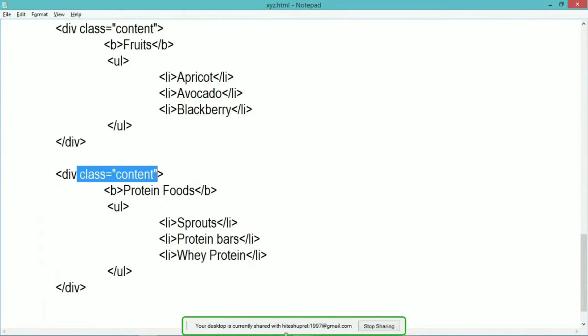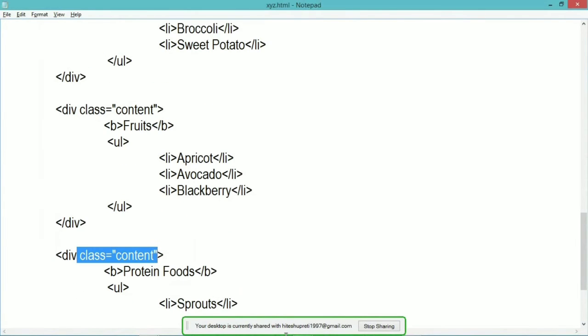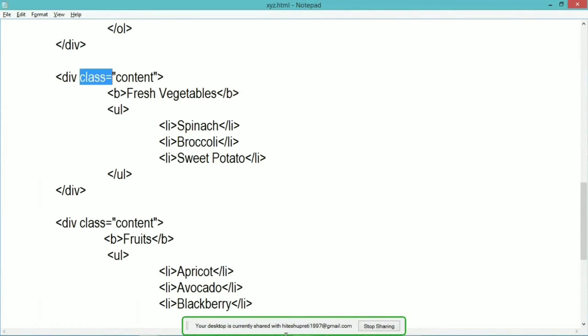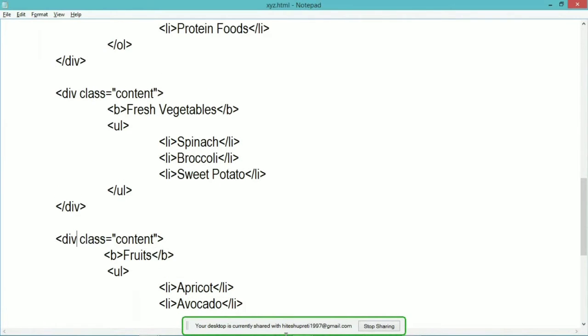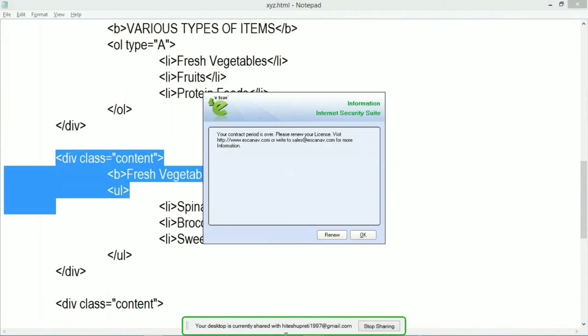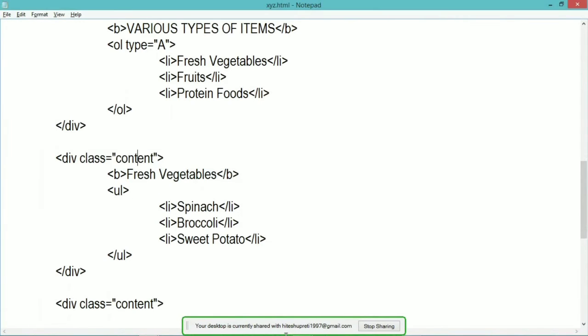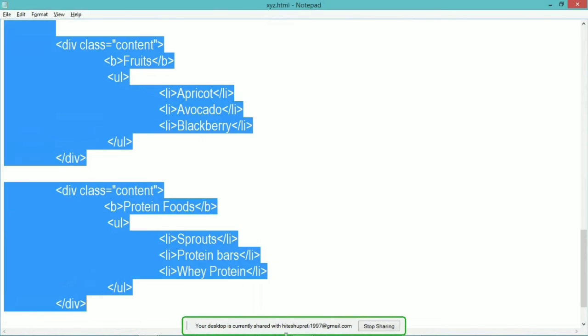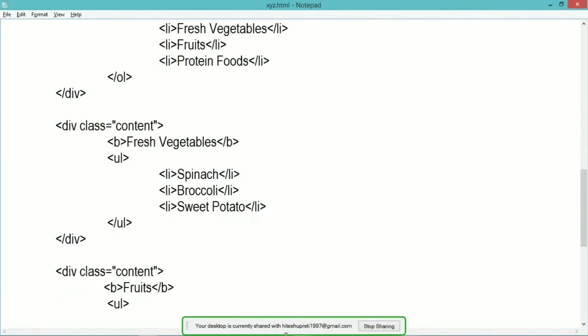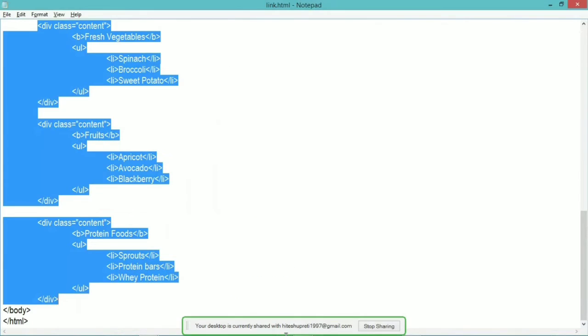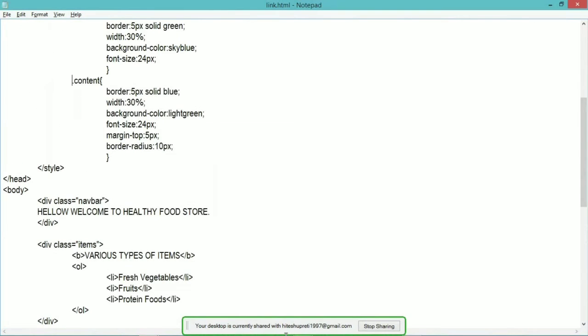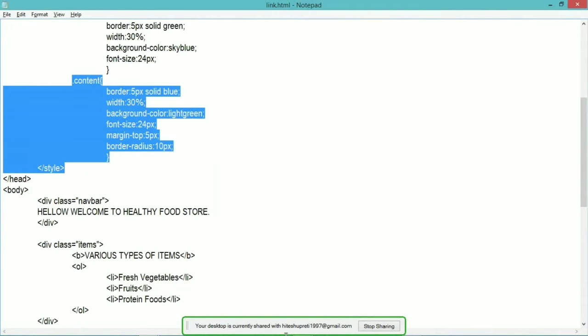And we have specified the same class to all these three items, class content here, and here also class content. See, we have three div tags with the same class, so whatever properties I give inside the content class in CSS or styling, they will be applied similarly to all these three. So this is the styling,